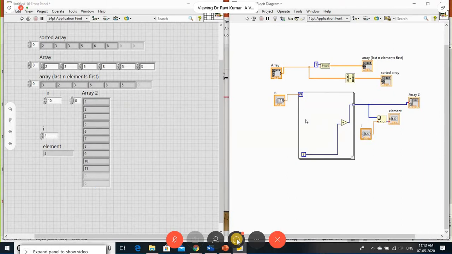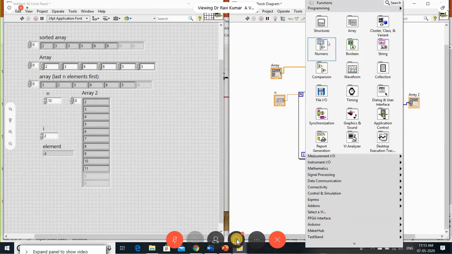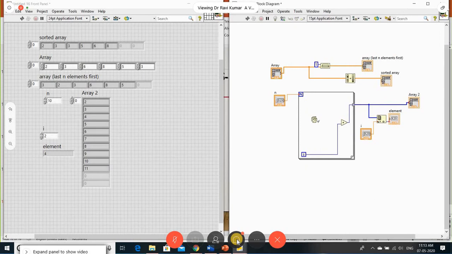Or instead of this, you take the random number, connect it to this, that will be added to i, and stored here. It is a random number along with i. So likewise, I can generate any numbers in an array element, or you can give the array elements directly and manually. Only thing is the tunnel mode.